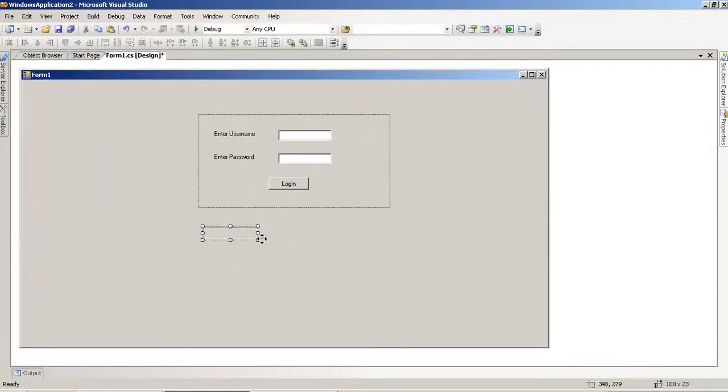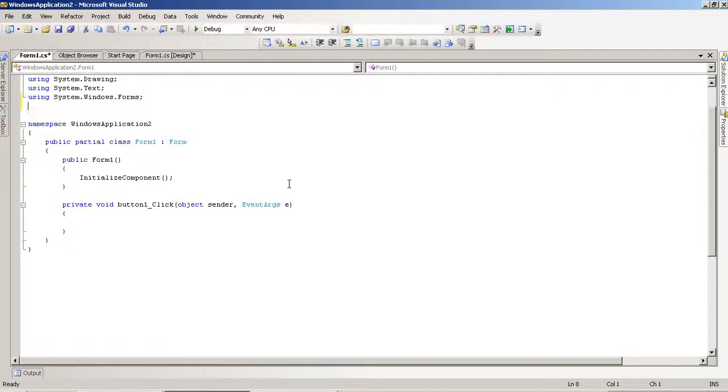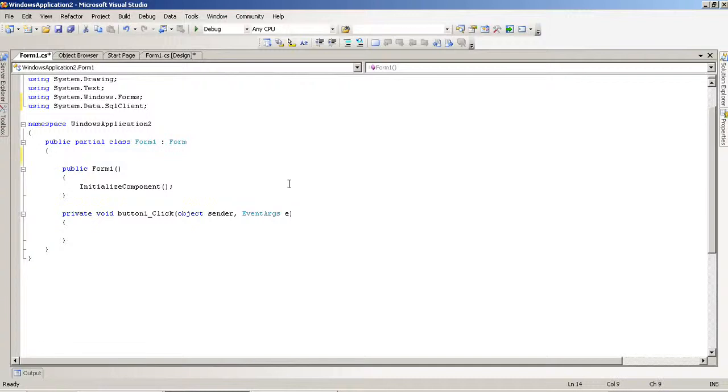But before this, we have to complete the code of login. So here I have to include one library. After that I have to set the path here.